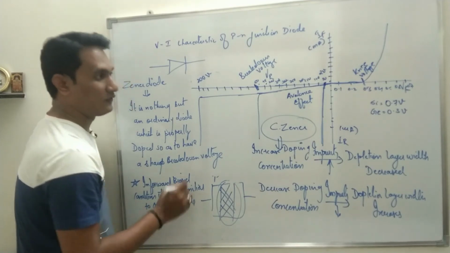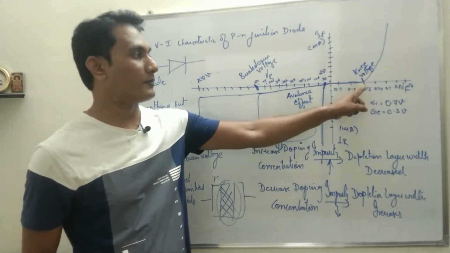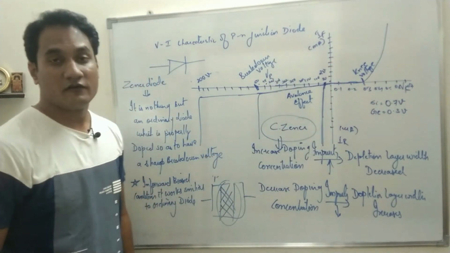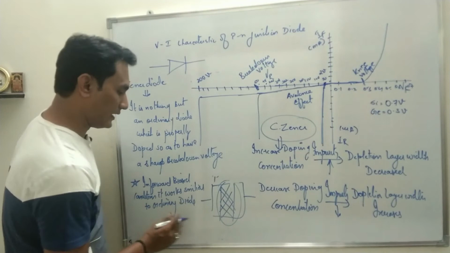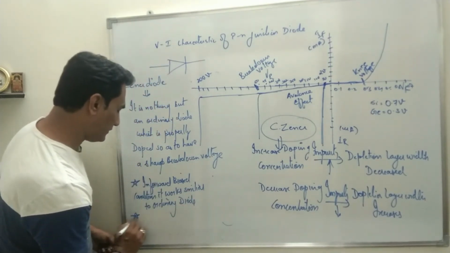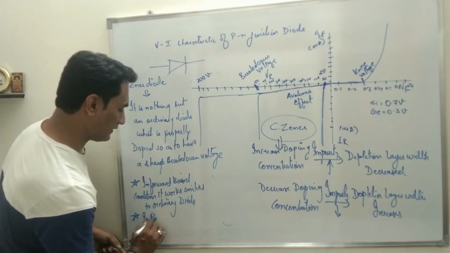Okay, that means in forward bias condition, the operation of a Zener diode will be exactly the same as that of your ordinary diode. But in reverse bias condition,